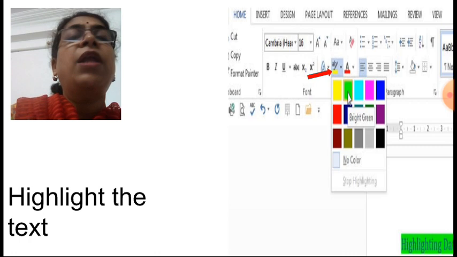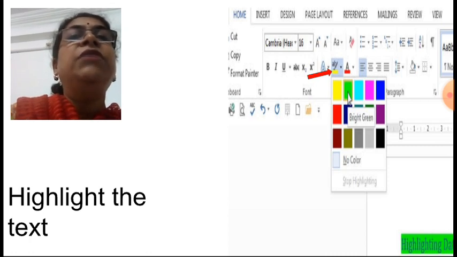Beside that also one downward arrow is there. Click on that downward arrow. Again you will get the color palette, the color dialog box, and whichever color you select,